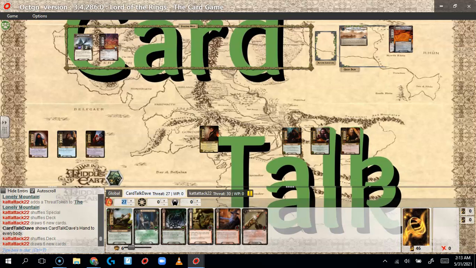I'm Dave Walsh, host of Card Talk, and we are continuing our hang-up on the Lonely Mountain. In the first Hobbit box, it was Dungeons Deep and Caverns Dim, the third scenario. In this box, it seems like it's going to be the Lonely Mountain, and as always, I am here with